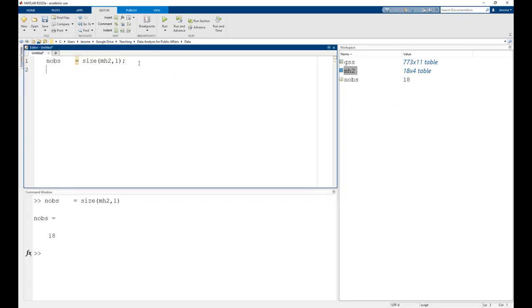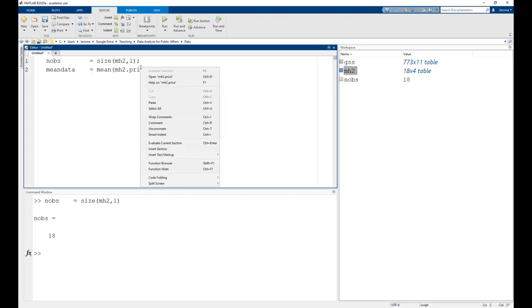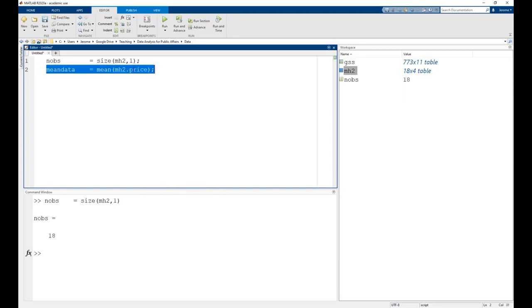Then I'm going to calculate the mean of the data. Let's call this meandata, which is equal to mean of mh2.price, the mean of the price. And here the mean is